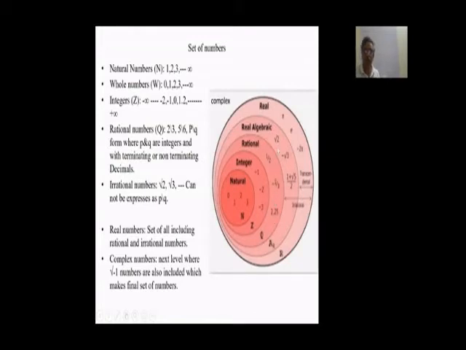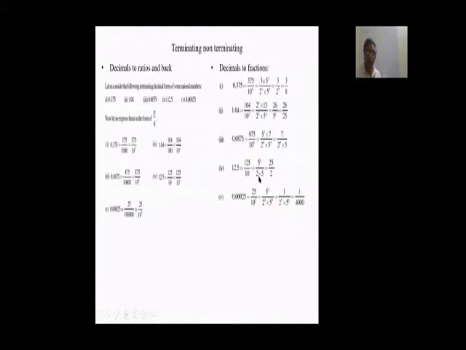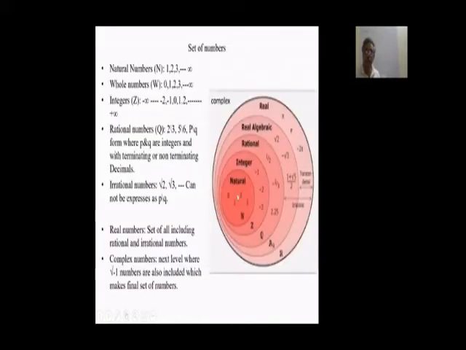But certain things you cannot represent in the form of P by Q. That is root 2, root 3, (1 plus root 5) by 2, like that. And 2 pi, e, pi, these also cannot be represented. These are all non-terminating, non-recurring decimals, which cannot be represented by P by Q. These are irrational numbers. When I say real numbers, natural numbers are also included. The set of real numbers includes natural, integer, rational, and irrational, all together.